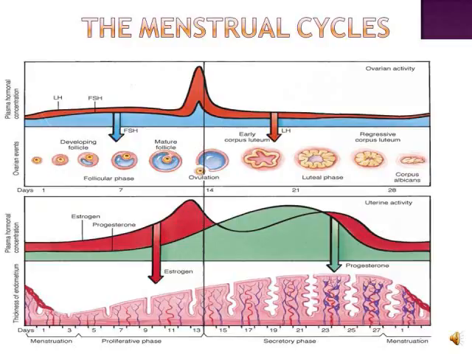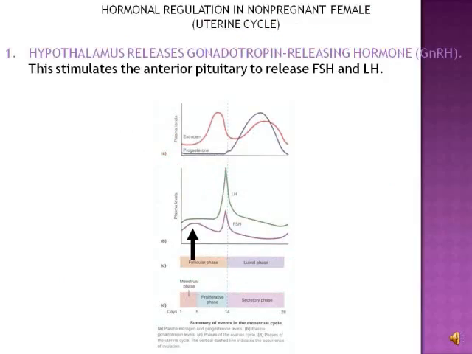Here's a general overview of the menstrual cycles. Now just remember that the ovarian cycle is at the same time as the menstrual cycle. They work simultaneously. We're going to go into further detail about these. Now, in step 1, it's normally called the proliferation phase. And that's when FSH stimulates the ovaries to increase the estradiol, which is responsible for building the lining of the